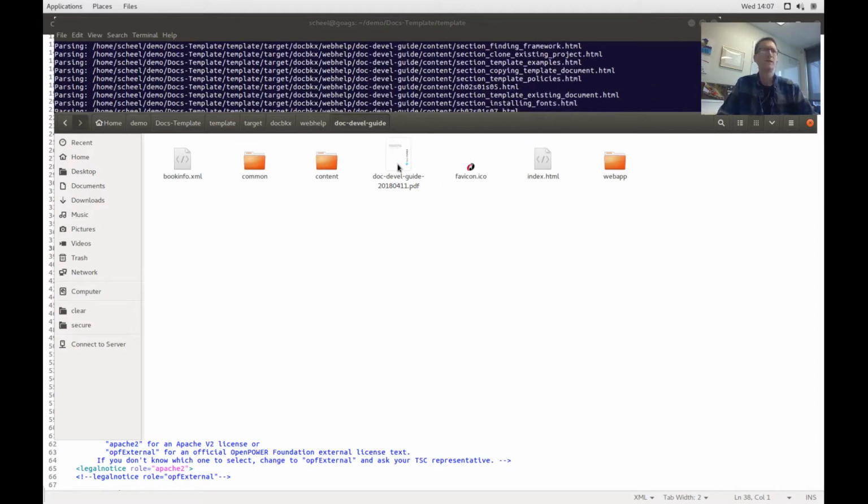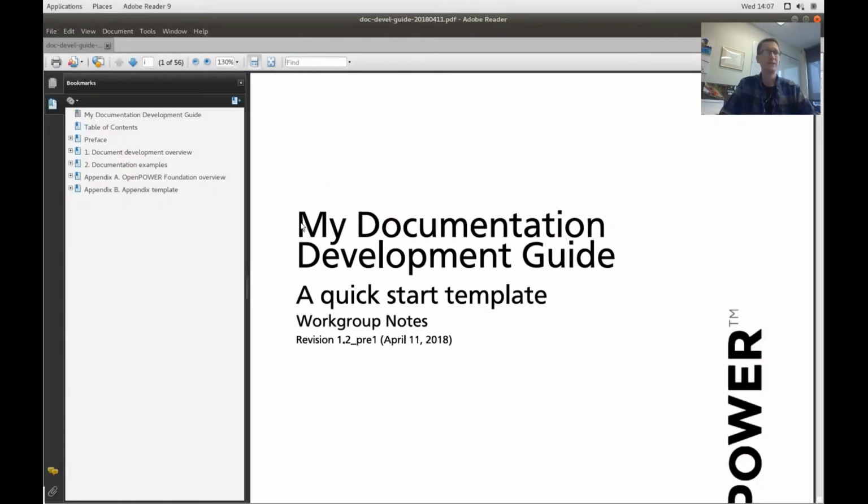So now if we go open our PDF, again, that is from our template directory. That's target, Docbook, web help. In our case, one more directory, which is titled Doc Devel Guide. That last level will change for you. We should this time see a document with the title of My Documentation Development Guide, just as we changed in the source. So that is basically how to build,